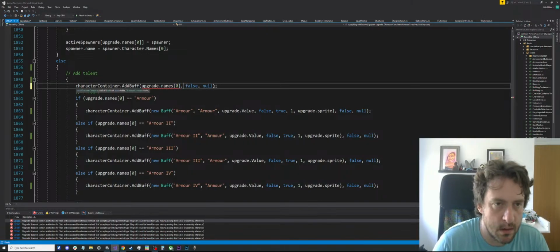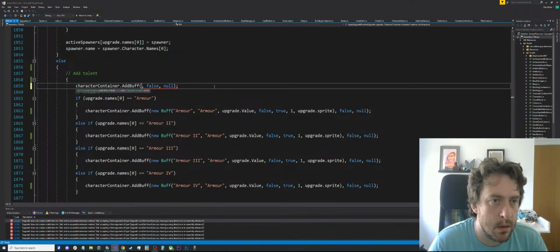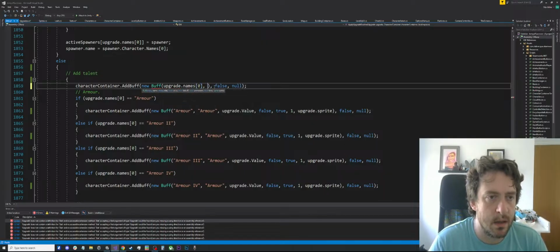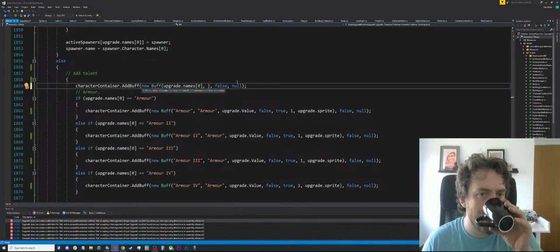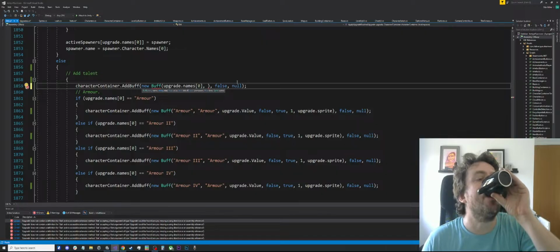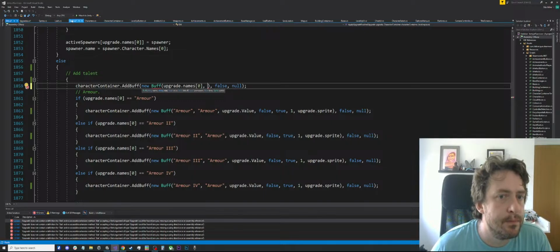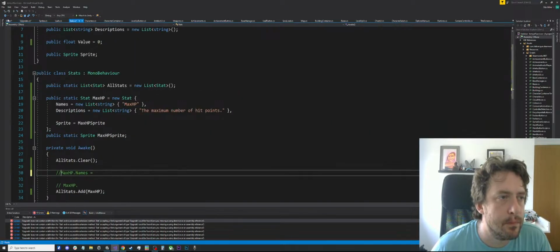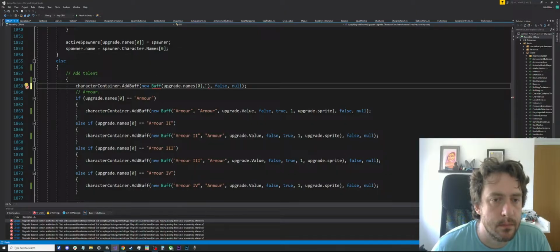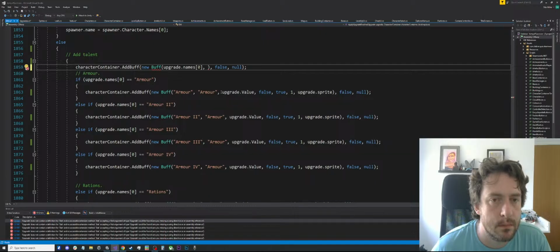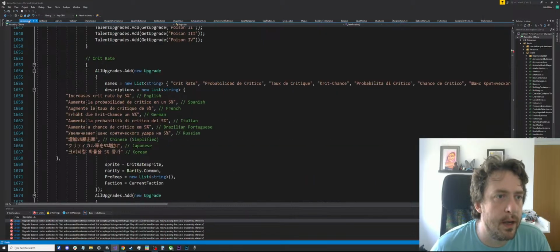But of course we need a new buff upgrade.name. So the name of the buff is the name of the upgrade. The stat. So if the upgrade had a stat,